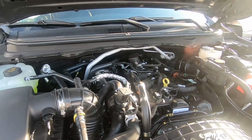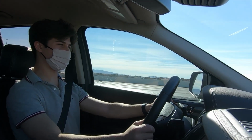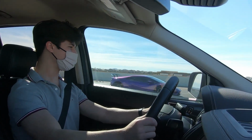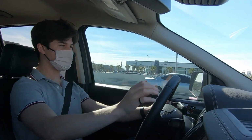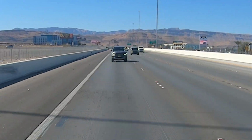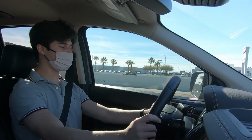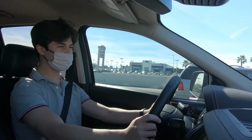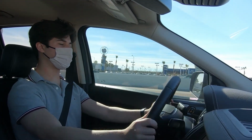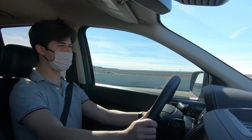That 2.3 liter Ecoboost, 270 horsepower and 310 pound-feet of torque. I mean, this car doesn't feel bad. The engine could make more, but if you wanted it to make more, I'm sure you could push it. But I'm not sure you'd be able to get your use out of this. This tows 12,500 pounds, so it does have the ability to do some towing. The bed capacity is only 1,800 pounds though, so while it can tow a lot, it can't carry a lot